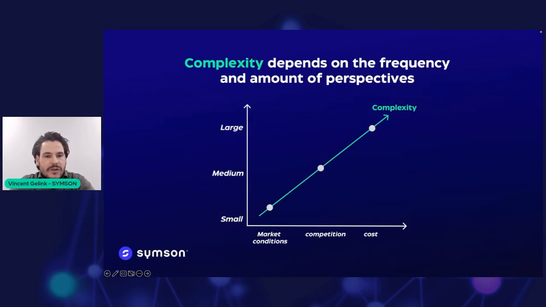And this is a visualization of the previous sheets that you have seen. As you see on the left side, the size of the companies and the elements that we need to take into account increase per level of the organization. To elaborate a bit more, the elements that we need to measure are, for instance, market conditions. How is your competition doing? How is your cost structure looking?